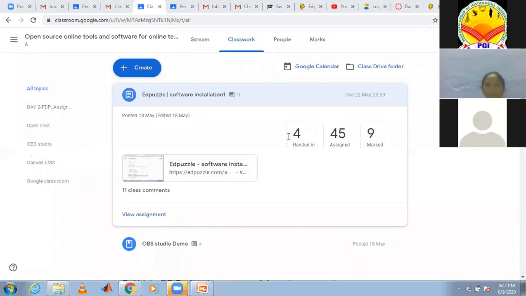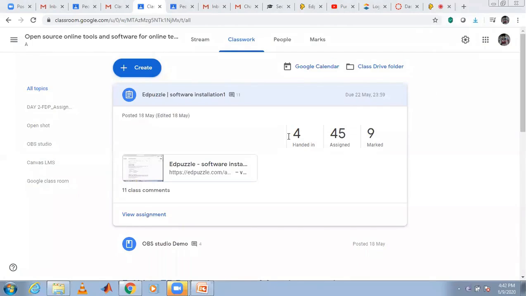You can post it in your chat box. You can post in your chat box if you have any doubts. Is it okay? Shall I continue?